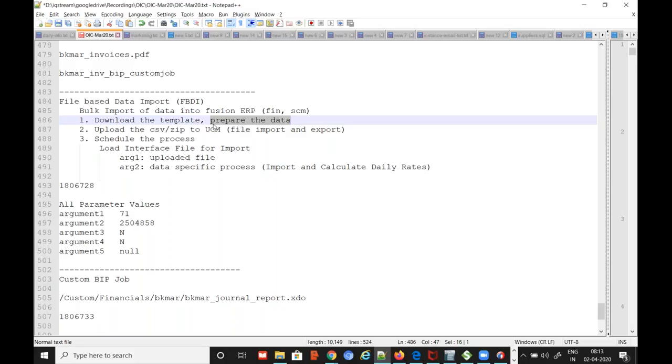The file may be available in some file location, a simple file system in your local system. The file can be available from FTP also, right? Both will work. Okay, let us start with the file adapter. I'm assuming that the file will be available in my local system. And my requirement is I'm going to develop the integration. My integration is going to read the file which is available in my local system, upload to UCM, schedule the